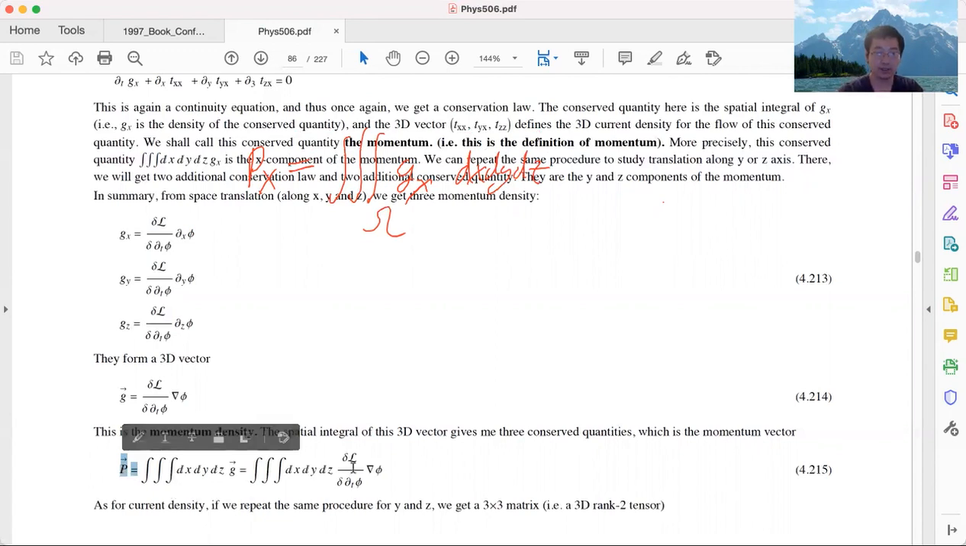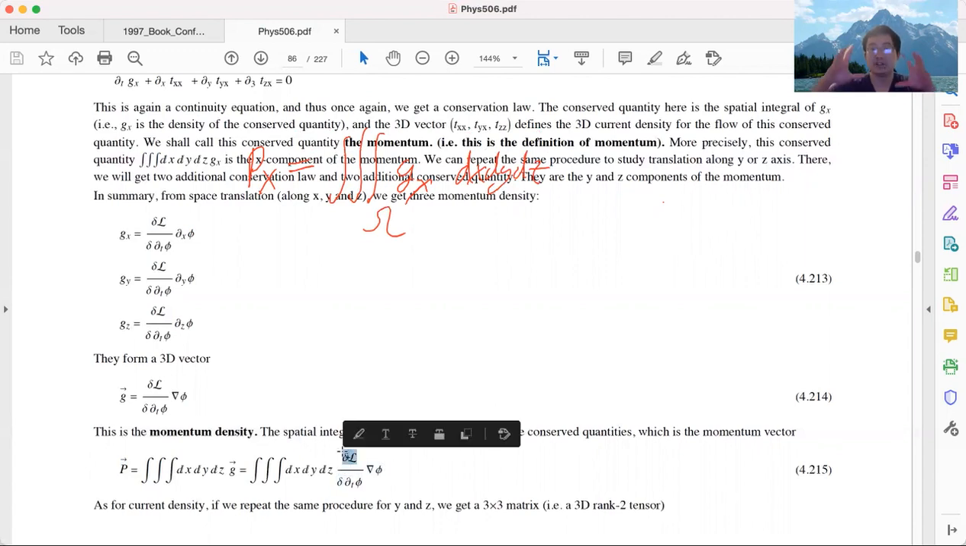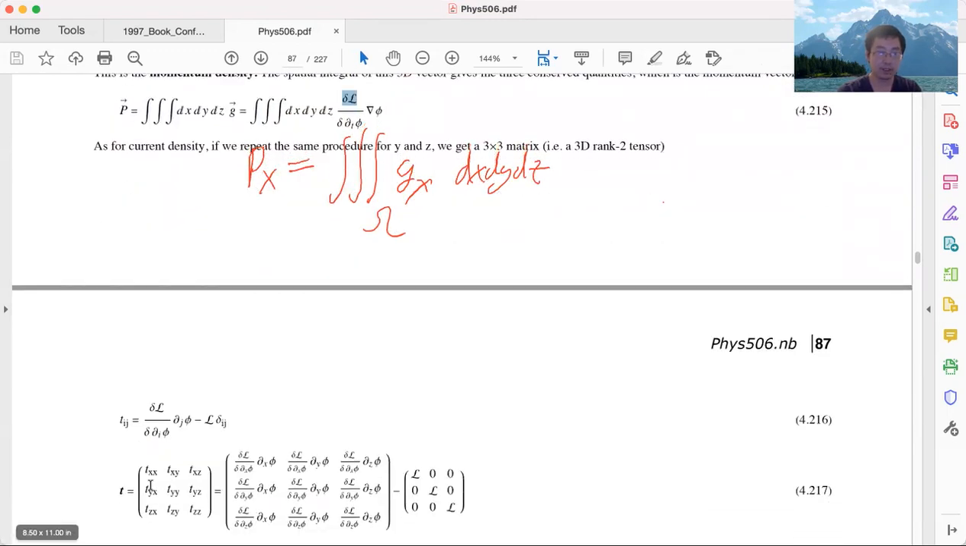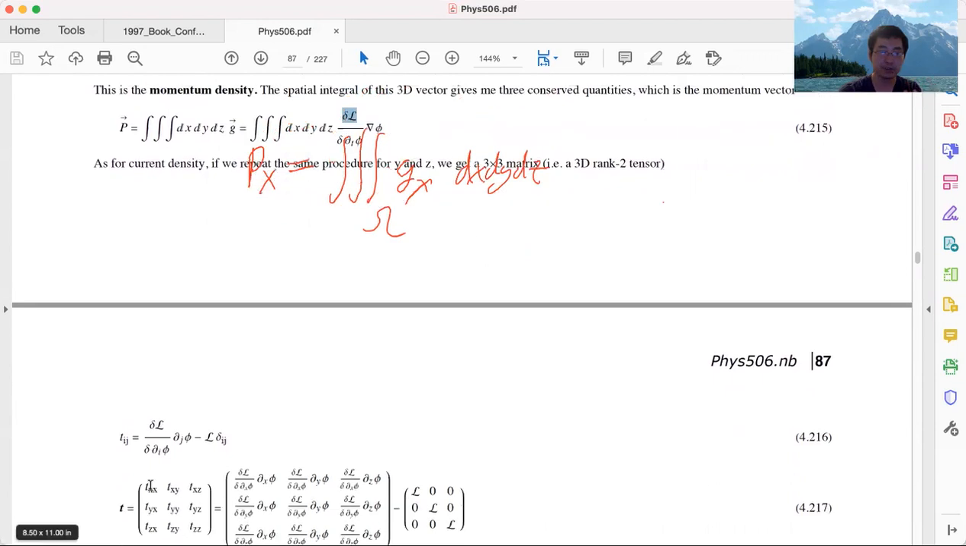Okay? And again, once we know the Lagrangian, we can do this calculation and immediately figure out the formula for momentum. And again, this formula can be applied to any fields, any continuum fields, including the EM field and also quantum mechanics, Schrodinger waves. Okay, so this is the momentum. And for the y and z components, we can also define